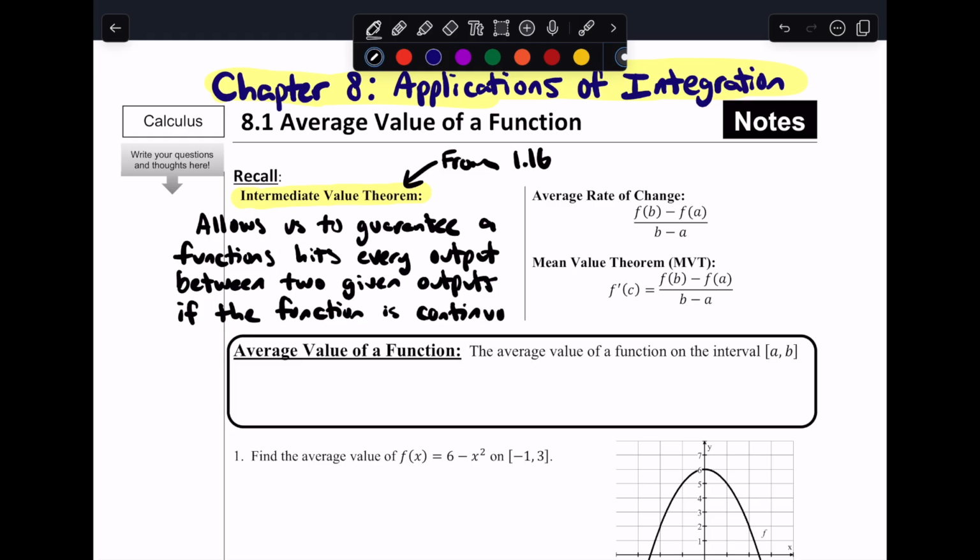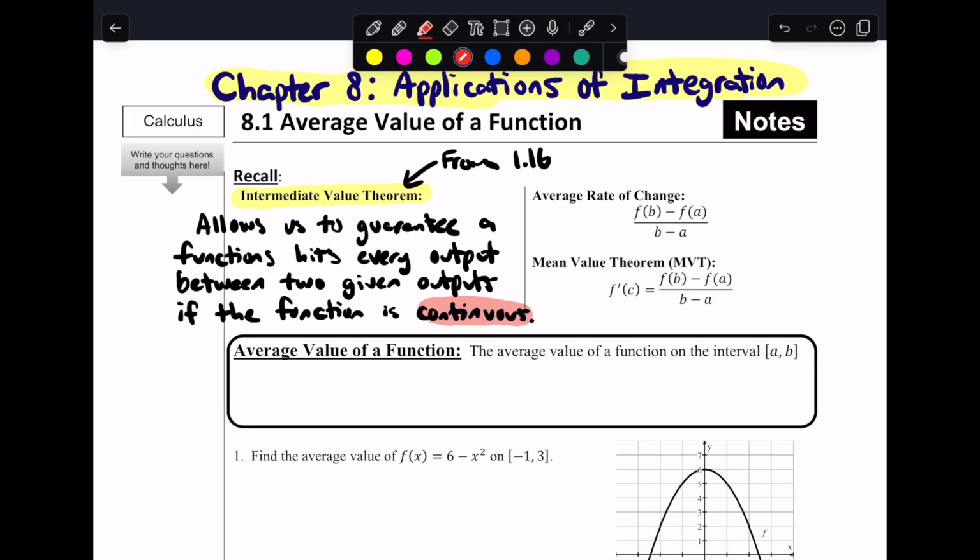And this is really big as we think about back in chapter 1. One of the big things for us to know that it's going to hit every output between those two given outputs is that this function is continuous, that there's no skips, there's no jumps, there's no steps. It's going to hit every single output, or y value, as it goes from the two outputs that we were